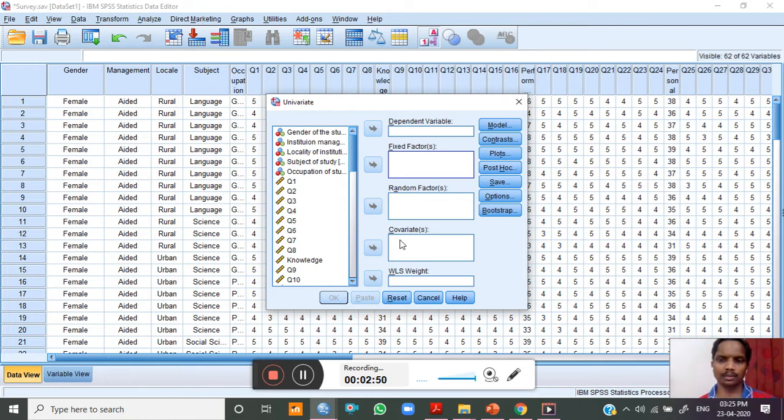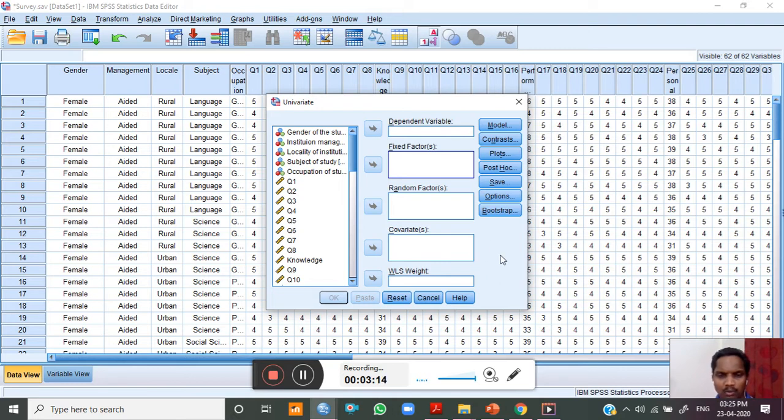You can see there is the independent variable column, there is fixed factor, random, covariate, etc. Some of these columns are used when we calculate other ANOVA types like MANOVA, MANCOVA, ANCOVA and all. So now we are doing the 2 by 2 factorial ANOVA.